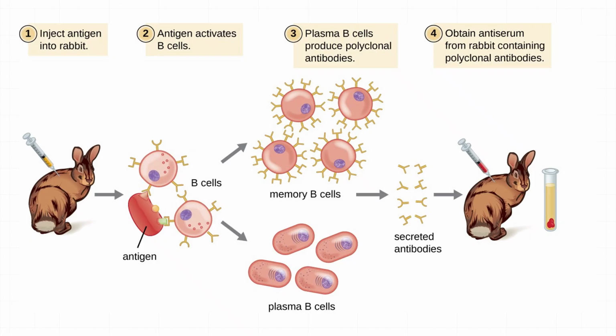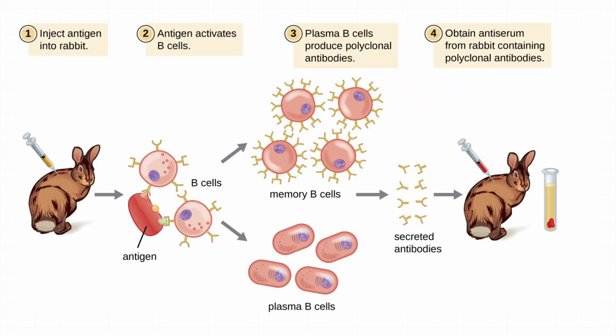Rabbits, particularly the New Zealand white rabbit, are the most commonly used species for polyclonal antibody production for several reasons. Rabbits have a robust and well-characterized immune system. They are of convenient size, allowing sufficient blood volume to be drawn repeatedly. They mount strong immune responses to a wide range of antigens, including those that are poorly immunogenic in mice. Furthermore, the rabbit immune repertoire is very diverse, making them excellent producers of high-titer, high-affinity antibodies.